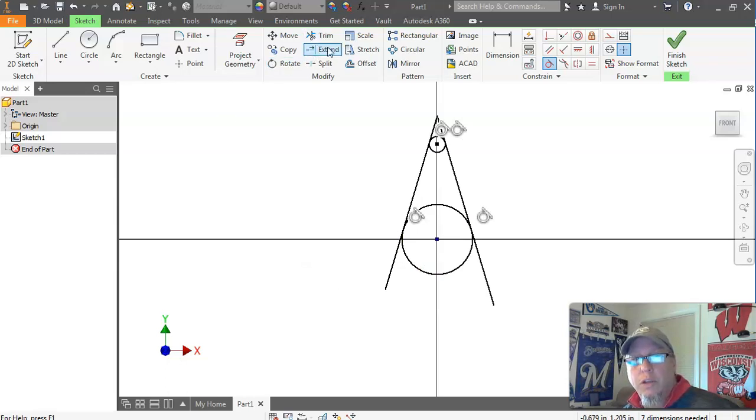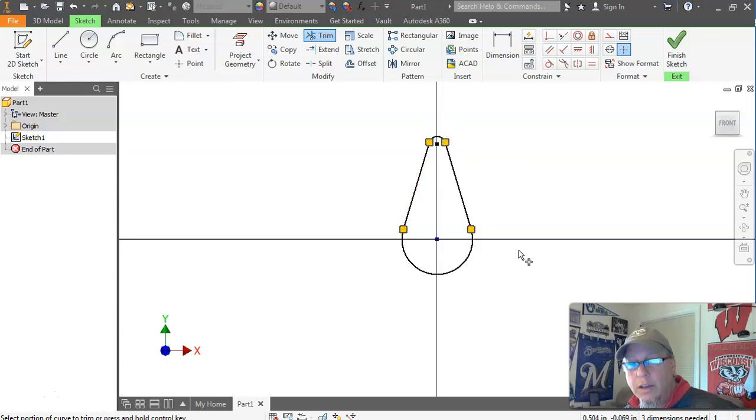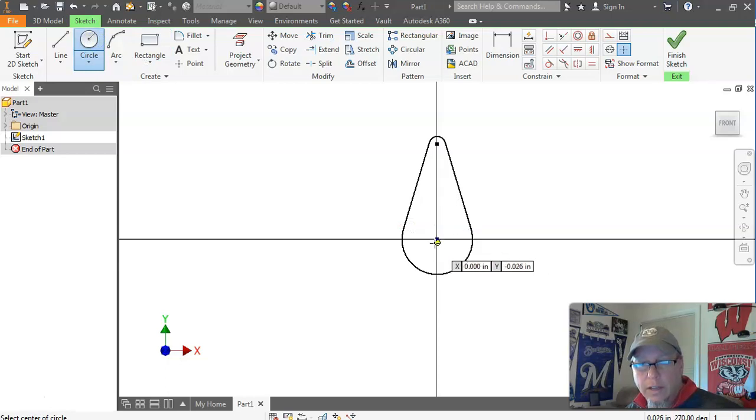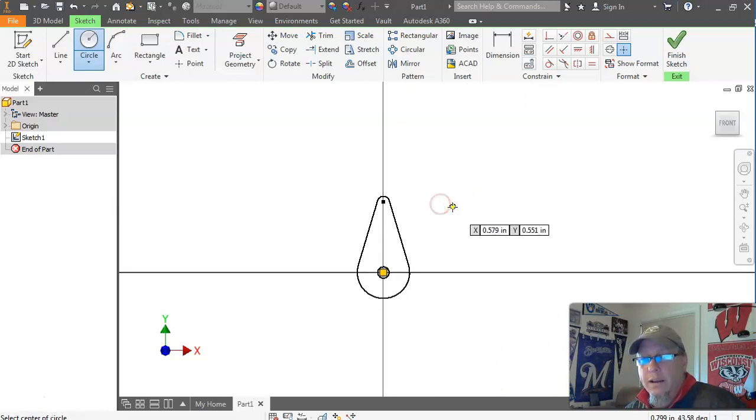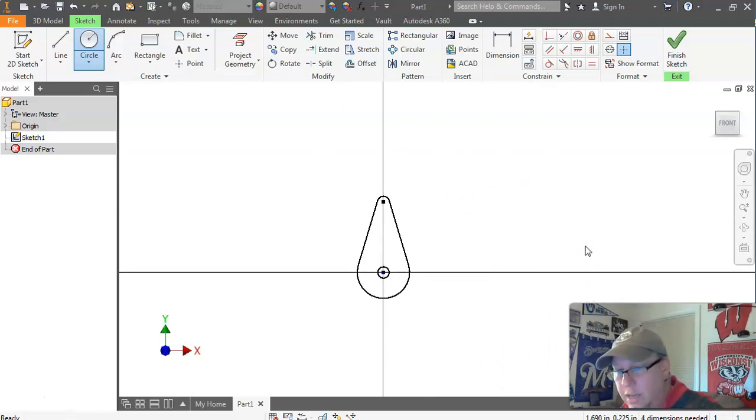I'm going to use the trimming tool. So trim. I'm going to trim away these pieces that I don't need anymore. It's starting to look more and more like that cam every second. There we go. Trimming away all the unnecessary pieces. I need one more circle, and that's the circle that is for the axle. So there we go. So there, my cam is made, but if you actually escape out of here and look